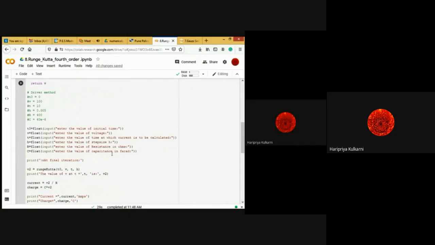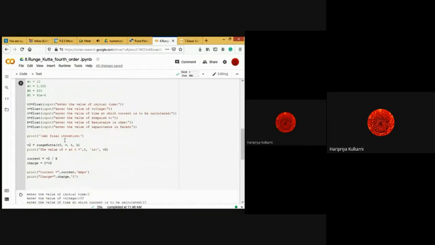So all these values I am putting in the program. This is for your reference only. I am taking these values so that while running the program, we don't have to go to the manual method and we can directly take the data from here as an input. Okay. And I am printing at the final iteration. For both the iterations, it will calculate K1, K2, K3, K4, and in the final iteration, we are printing the value of voltage.